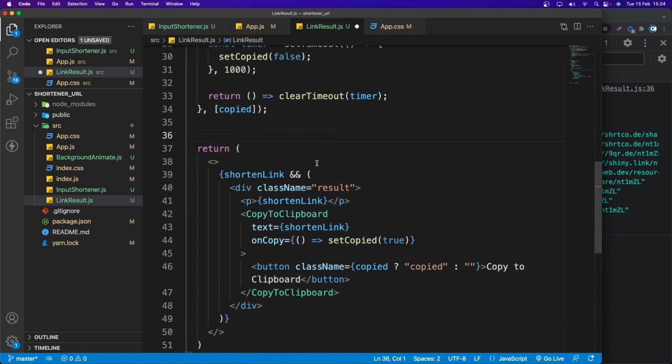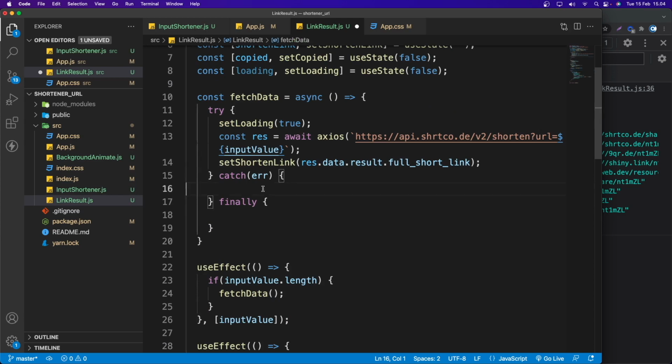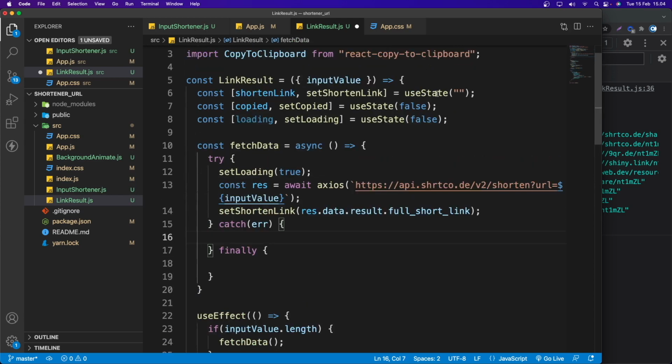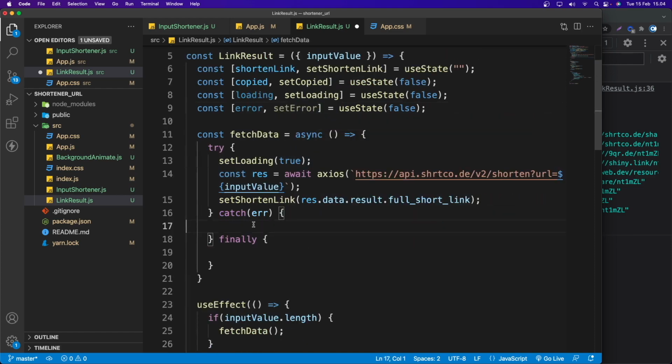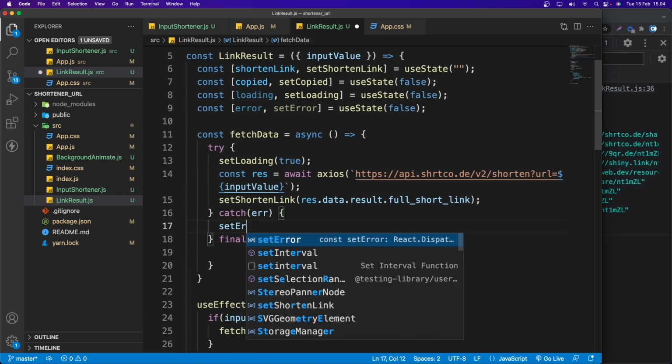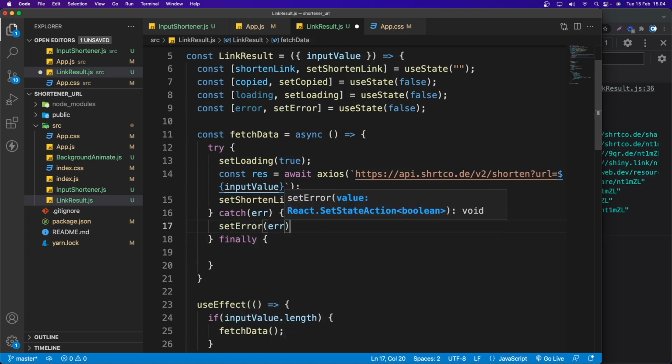I'm gonna remove this console, and in here let's create another state. Let's say error, and set error. Okay, and in here let's set the error into error, and finally we need to set the loading back to false.